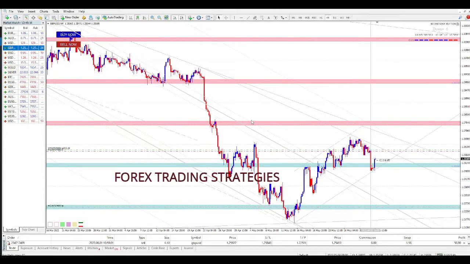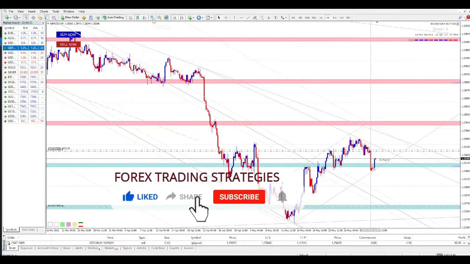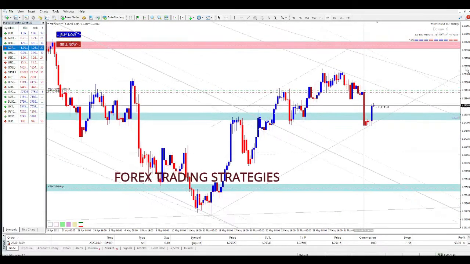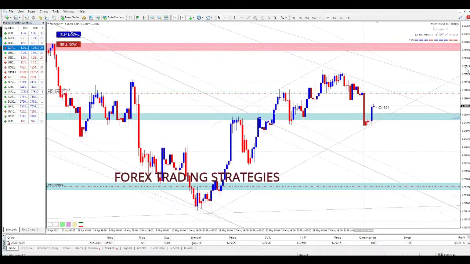So find something that you understand, something that is your own, a trading style that's your own, a trading strategy that you understand, rules that you can follow. Follow rules. Don't do this today, tomorrow you are doing that, the next day you are doing that. No, have consistency in your trading. Follow your rules.